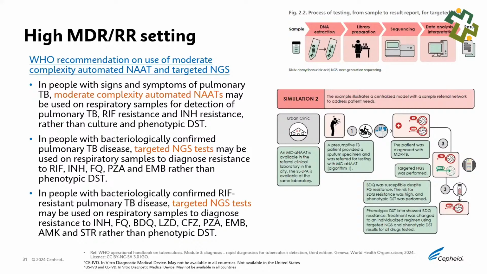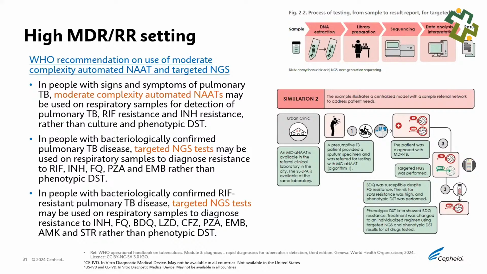Of course, you will need full phenotypic drug sensitivity testing to inform the treatment that we're actually using. In most cases, when it gets to MDR, most settings will be using the centralized system. But as long as we all know that it's possible, especially with GeneXpert, you are able to run